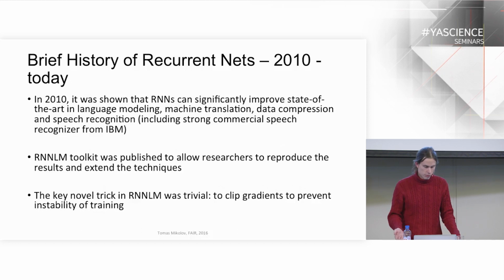And then when I got to RNNs myself, it was actually very easy to start beating benchmarks across many data sets. When I visited JHU, I was able to quickly get the best results in language modeling, speech recognition, machine translation, data compression, even against very strong systems from commercial companies like IBM. So it was pretty exciting that very simple models suddenly started to work. And I published the code to allow other people to work with these techniques.